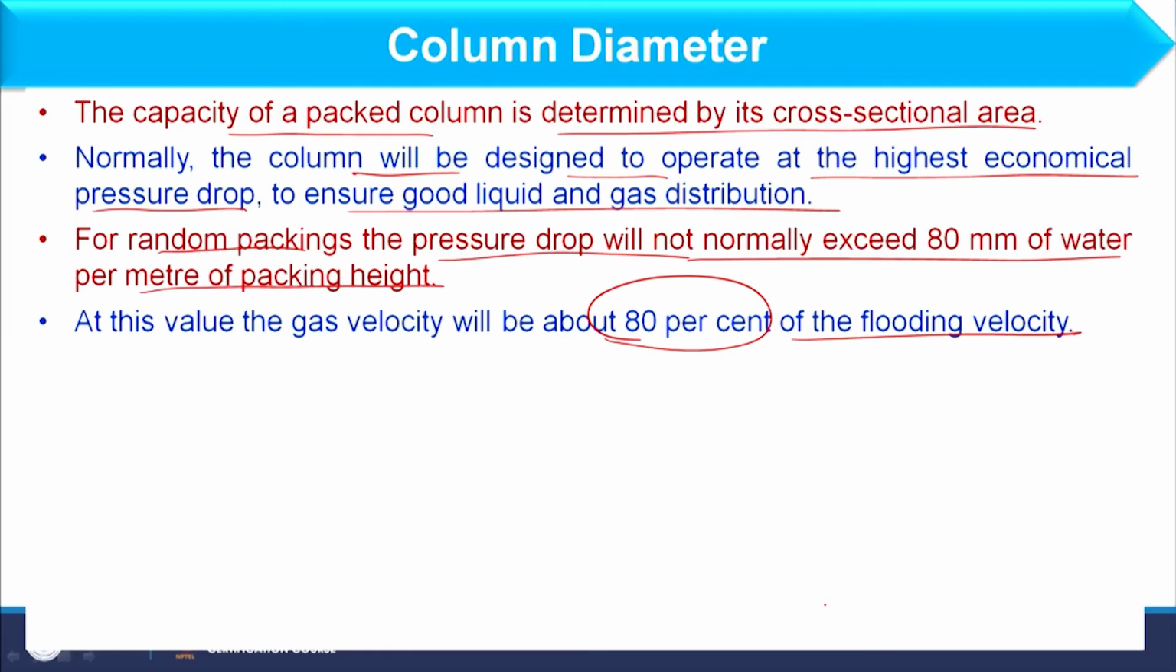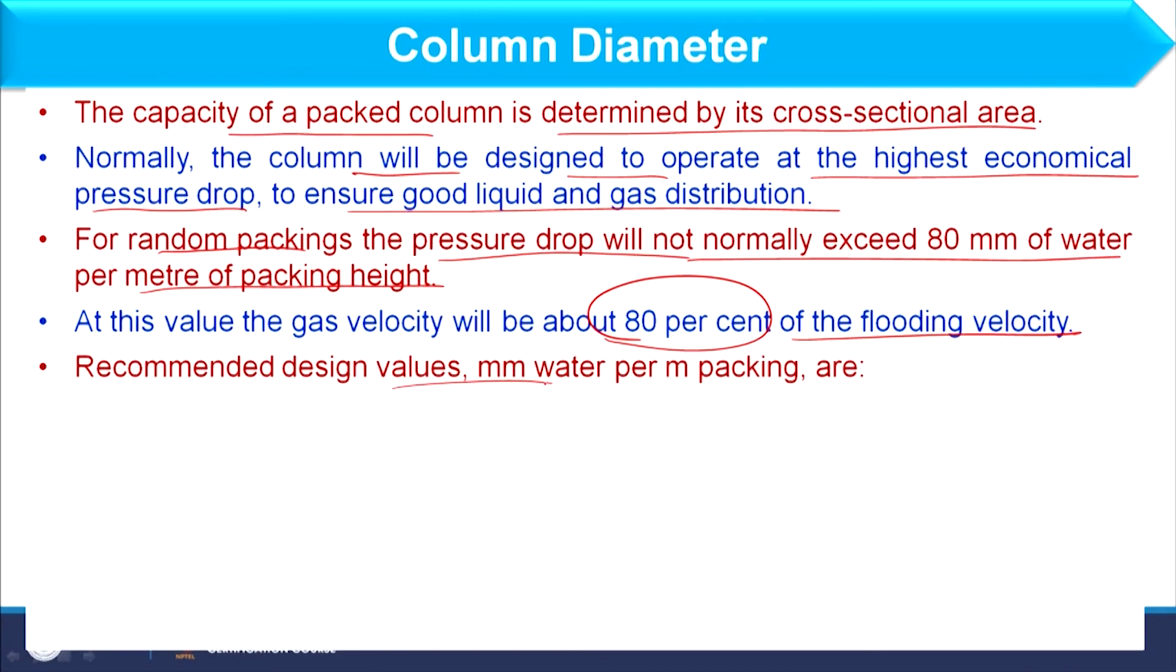So, the velocity of gas matters, because gas will also determine whether liquid will pass from the column or not, because it will continuously push the liquid upward. So, we can put the bar on gas velocity that it should be 80% of the flooding velocity. Flooding velocity means flooding velocity with respect to gas. So, actual gas velocity should be 80% of that velocity at which flooding will occur. So, recommended design values,